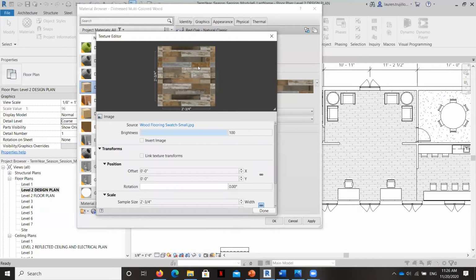Okay, so now it's populating here. Now, the first time I did this, it came in and said it was only 1.5 or 1 foot 11 inches. And I want you to pay attention to the dimension lines that you're seeing here. It's reading it as 2 feet